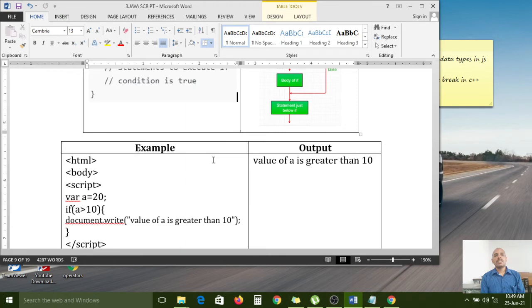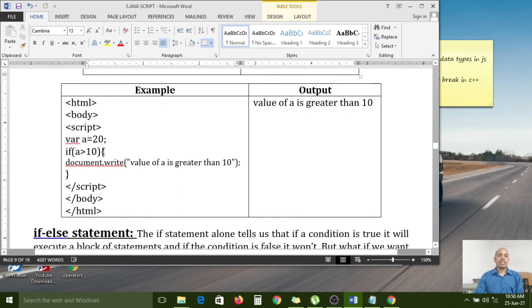After the if condition, we have some other extra code. Based on that if condition, if it is true, then the if block will execute. If the condition is false, then the if block will not execute. The control will come to the next line of statement to execute. Okay? Here I have given an example.